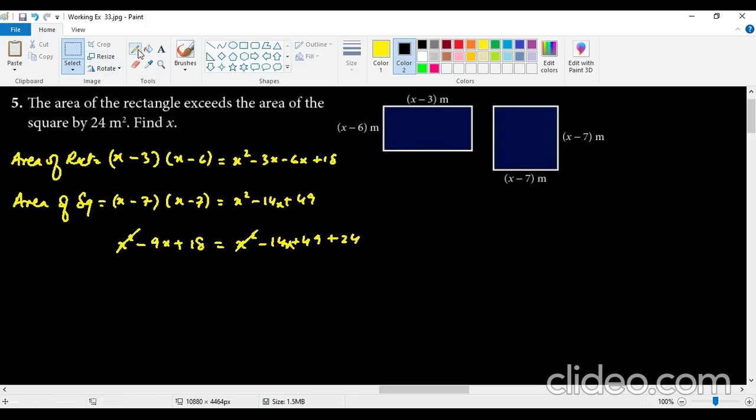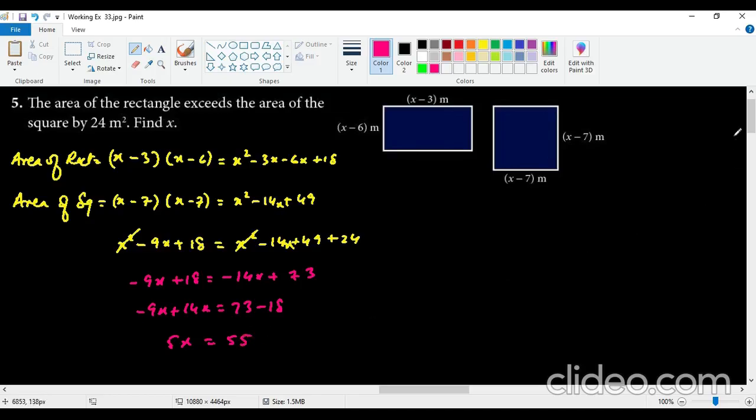So in here it's going to be minus 9x plus 18, and in here we have negative 14x plus 49 plus 24, which is 73, and we put terms together. So minus 9x plus 14x equals 73 minus 18, to give us 5x equals 55,